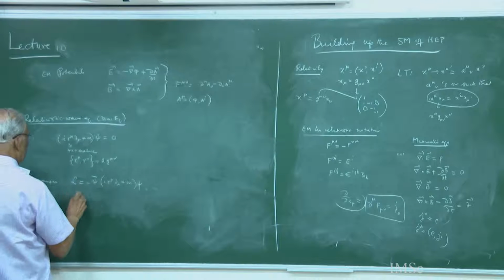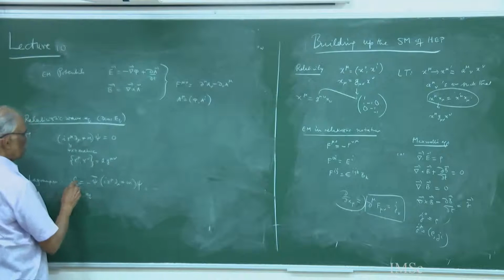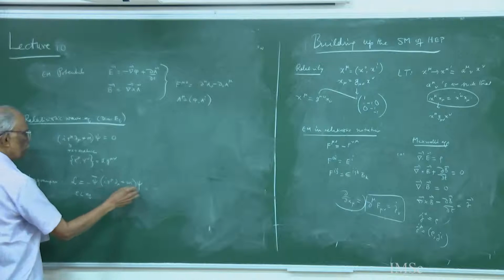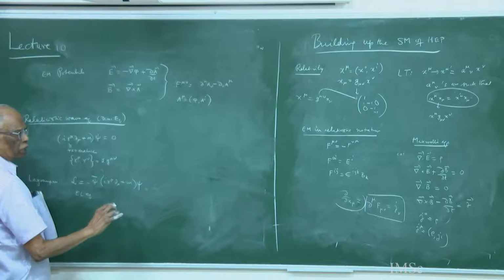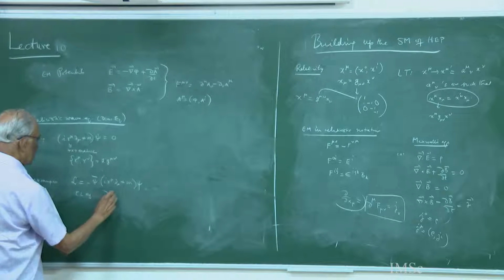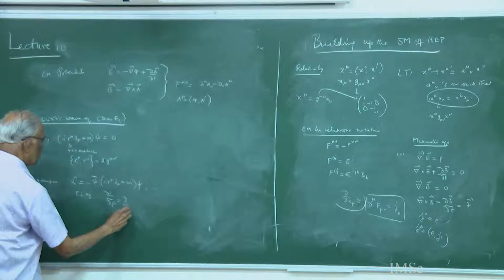If you write down the Euler-Lagrange equation for this Lagrangian, which will involve differentiating this with respect to psi, as well as differentiating this with respect to the derivative of psi and equating them. That is the Euler-Lagrange equation, and from this you can show. So ∂L/∂psi is equal to ∂_μ of